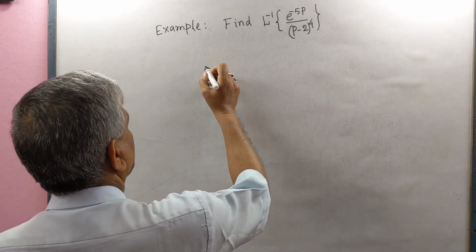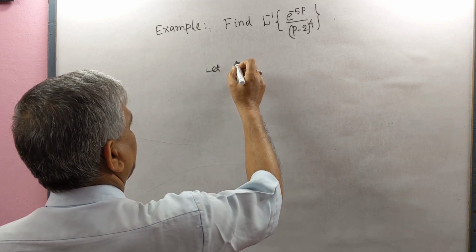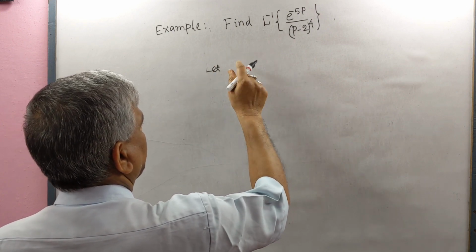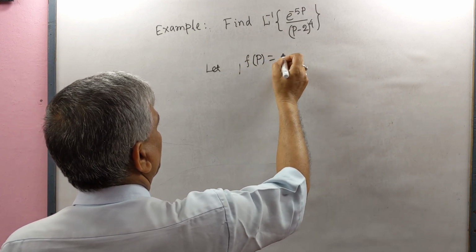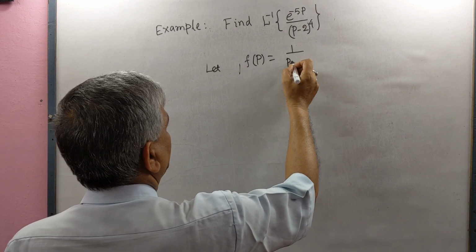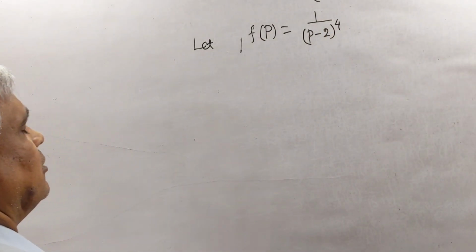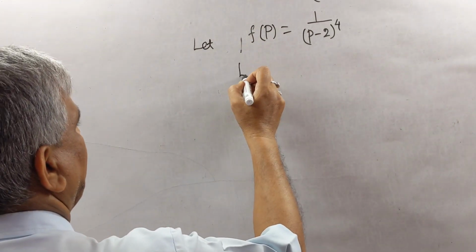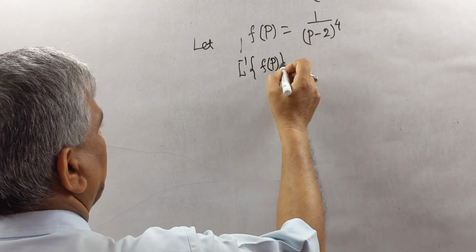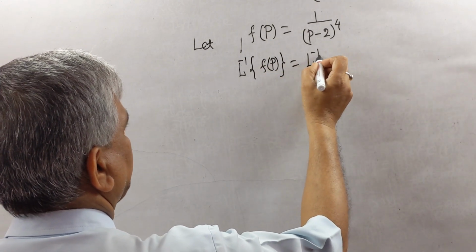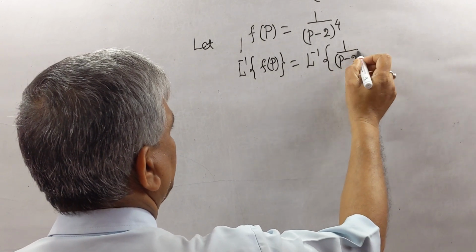Here, let f(t) equal to, F(p) equal to 1 by (p-2) to the power 4. L inverse F(p) equal to L inverse 1 by (p-2) to the power 4